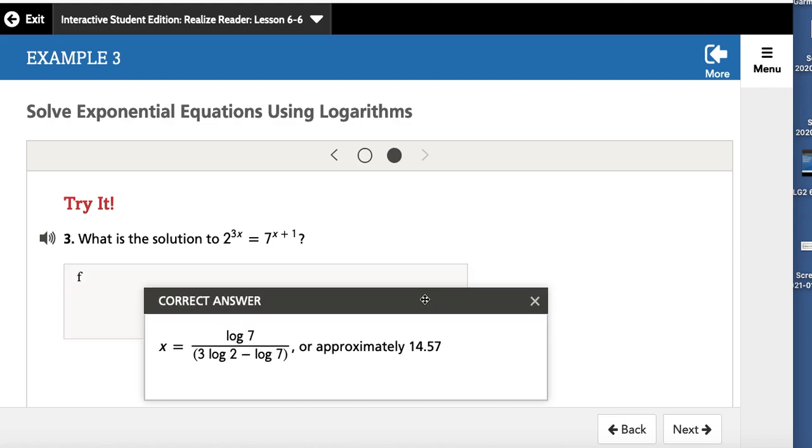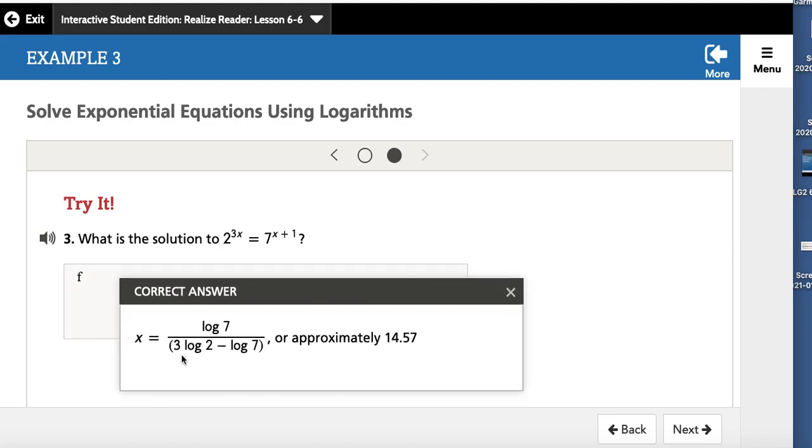There we go. They did a different way. They put the 3 up front. I changed the 2 to the third power to 8. Do you remember that? All right, hopefully that's enough to help you with these